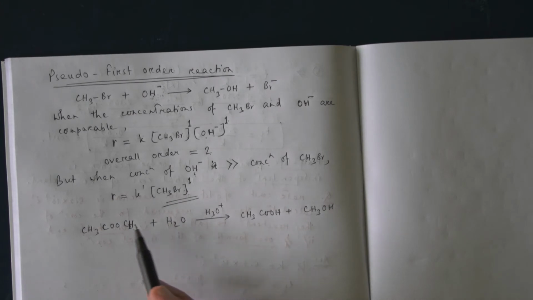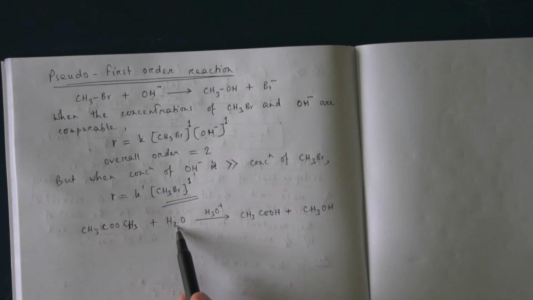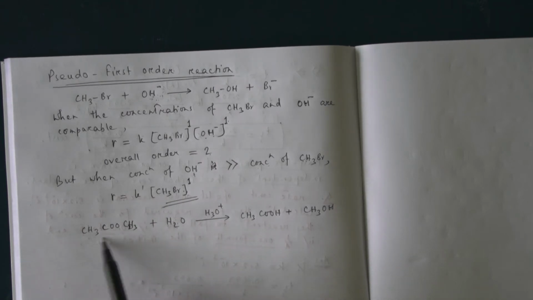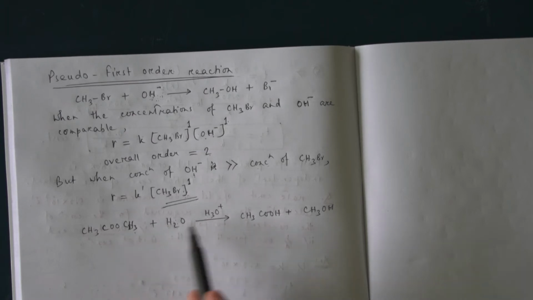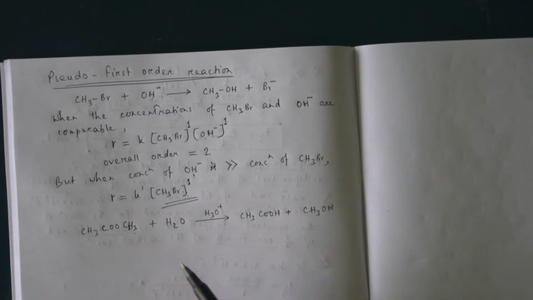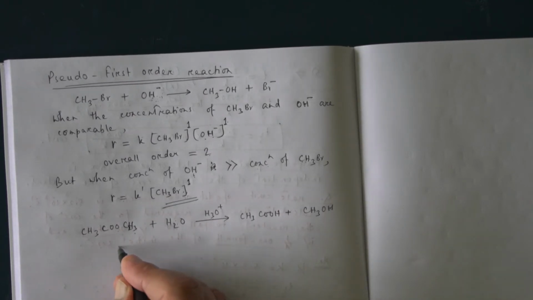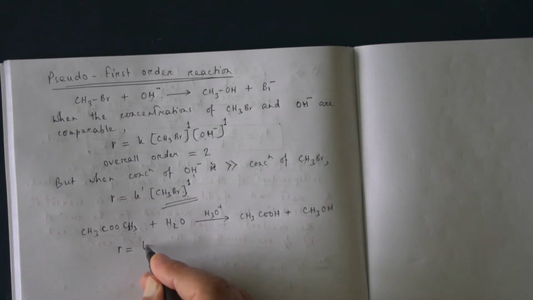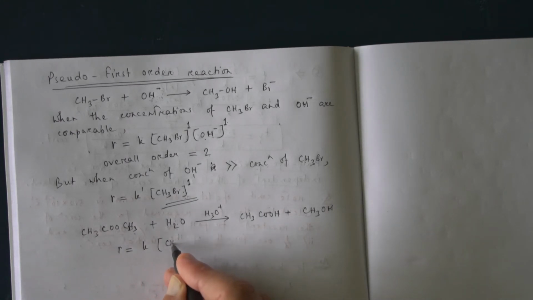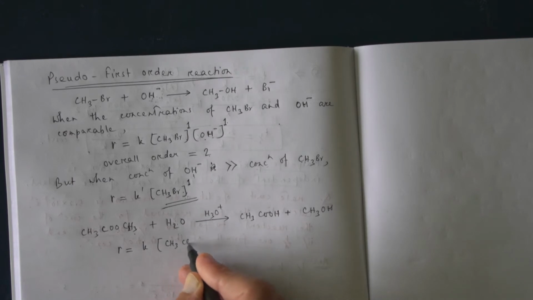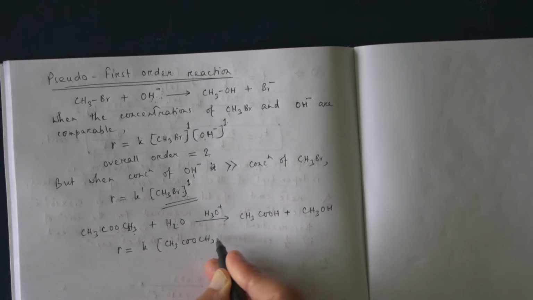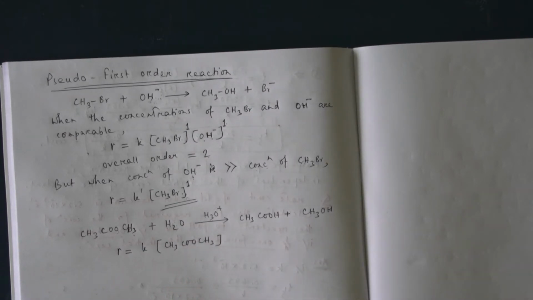Hydrolysis, reaction with water. Reaction with water is hydrolysis. So this is hydrolysis of ester, methyl acetate, in presence of acid. Now, rate of this reaction is found to be equal to constant into CH3COOCH3. Though there are two reactants, ester and water,